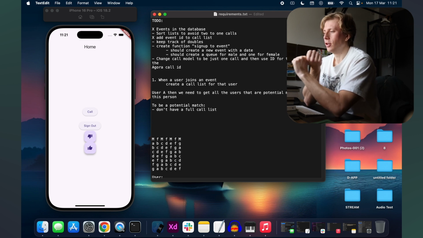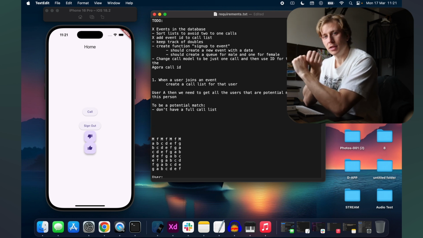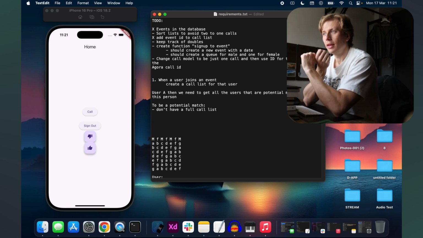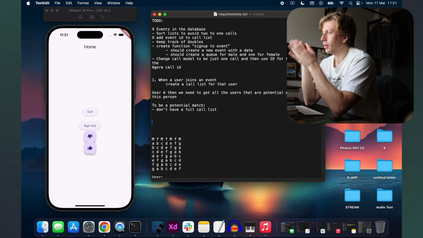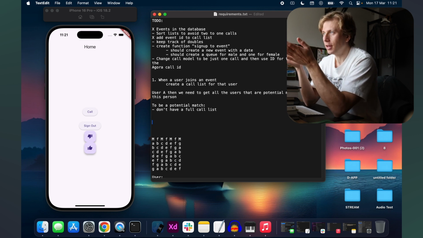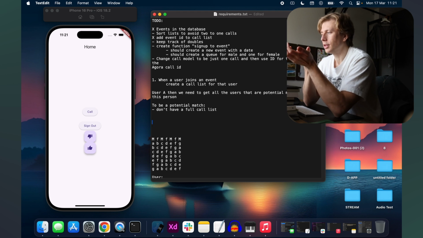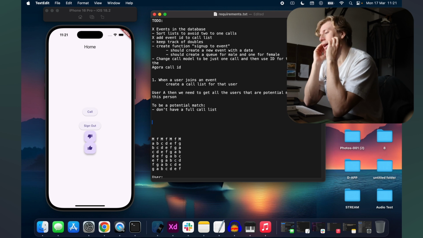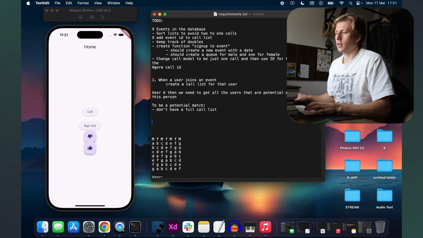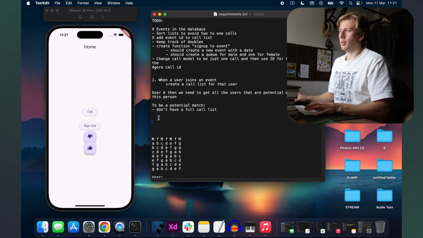if I create a list for user A, then I need to make sure that every person that I add to that list is first of all going to be in the event, and that their lists aren't full, and then that they are available for this person. But I don't know when we're going to sort the lists, because maybe